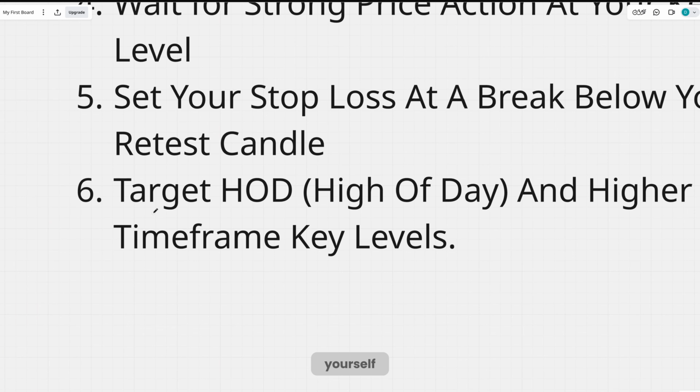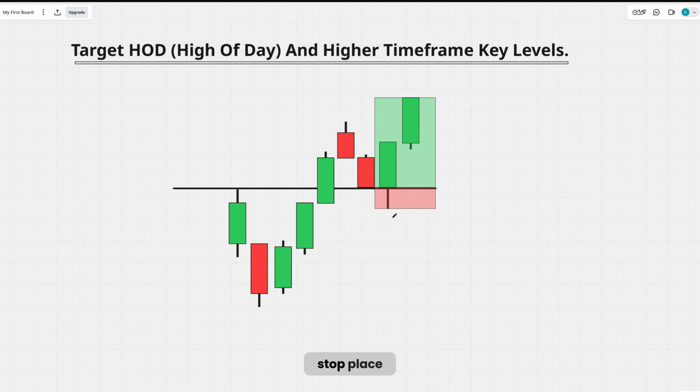You might be asking yourself, where exactly will I place my profit targets in order to achieve a high risk to reward? You're going to be targeting your high of day and your higher time frame key levels. As you guys can see, we had our stop placed below here, and our targets will be at your high of day level, being the highest point that you reach during that day, or your displacement candle that we also indicated previously. Your first target will be at this key level, and then your next targets will be at a higher time frame key level, and I'll be going more into depth in that later into the video,